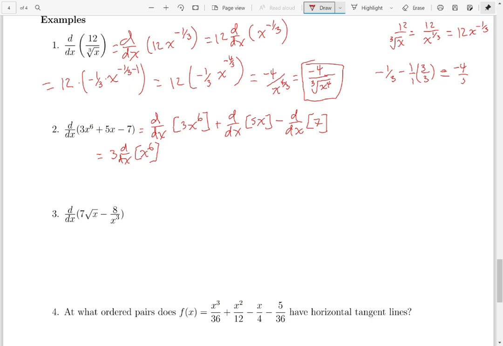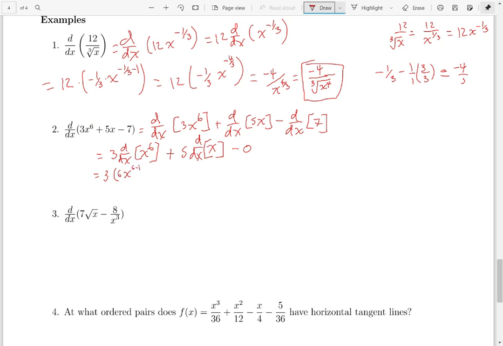Just be careful about that as you're learning. Then it's plus 5 times d dx of x minus, well, at this point we could go ahead and take the derivative of that one. The derivative of a constant is 0. Well, then I've got 3 times the derivative of x to the 6th. That's going to be 3 times the derivative of x to the 6th is 6 times x to the 6